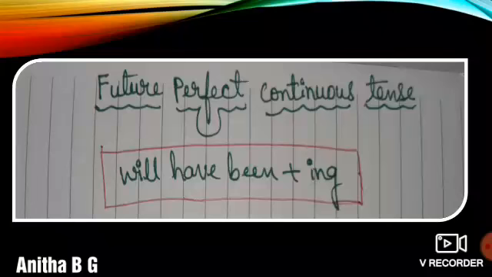It is very important, dear students. You have to practice these tenses. Take one example and try to write in all tenses. For example, you take one simple sentence. He writes a letter. She writes a poem. And convert this sentence in all tenses. Present tense, past tense, future tense, present continuous, past continuous, future continuous, present perfect, past perfect, future perfect, present perfect continuous, past perfect continuous, and future perfect continuous.